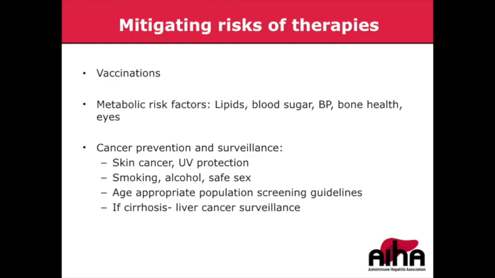And then in terms of cancer prevention and surveillance, skin cancer is a big one. It really goes up significantly in any situation of immunosuppression. UV protection is important, long sleeve shirts, hats, sun avoidance. Reducing risk factors for cancer in general, smoking and alcohol. Alcohol in particular in this combination is associated with foregut cancers, lung, pancreas, throat, oral. Safe sex, I say this for HPV, human papilloma virus, which can be associated with cervical cancer.